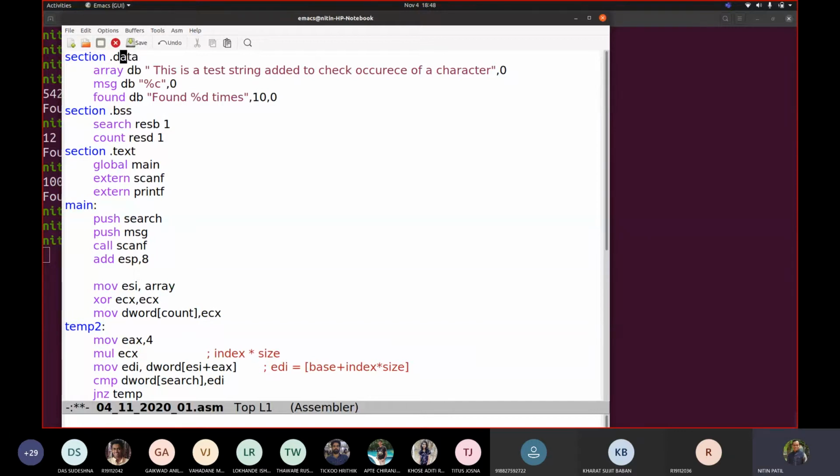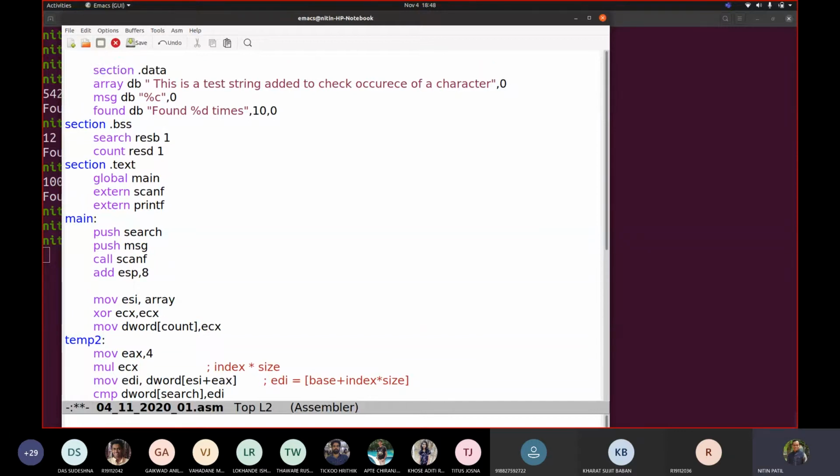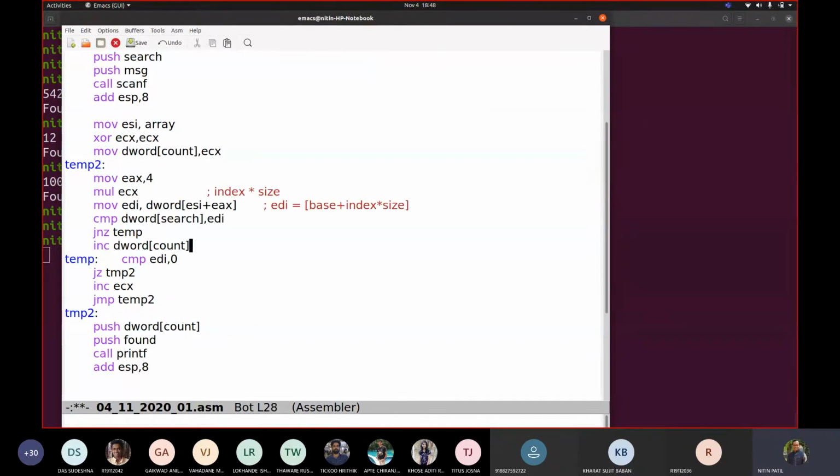Fine. So this is doing what? Count of occurrence of a character in a given string. So this part would be okay. So we are getting the address.